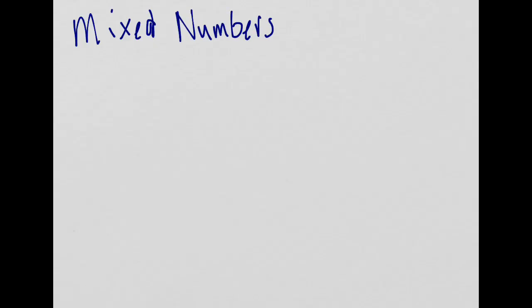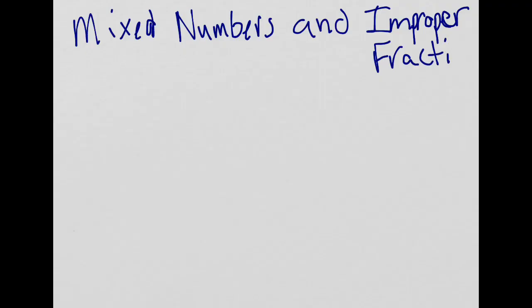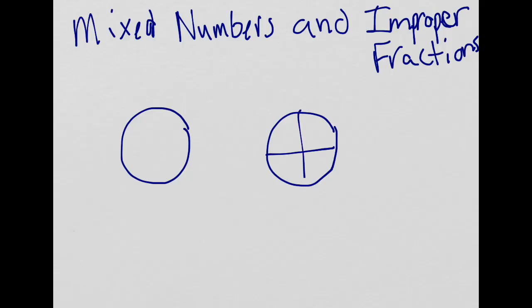Today we're working on mixed numbers and improper fractions. So we're going to start with a model. I want you to draw one circle and then another circle. I want you to cut both of these circles into 4 sections. And now I want you to shade in one total circle and then 3/4